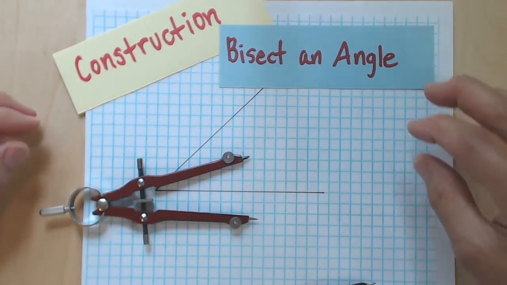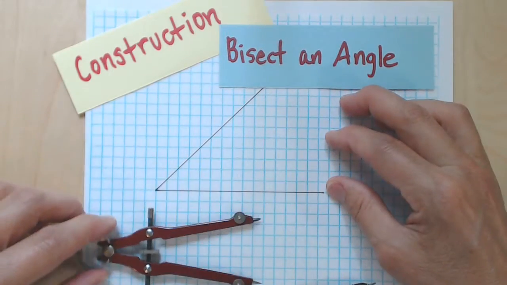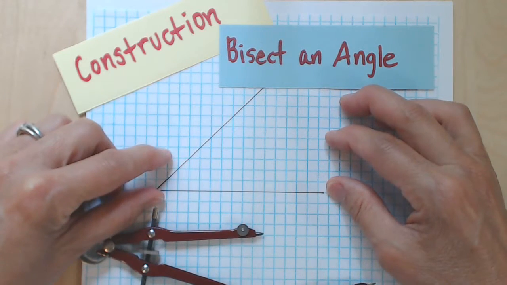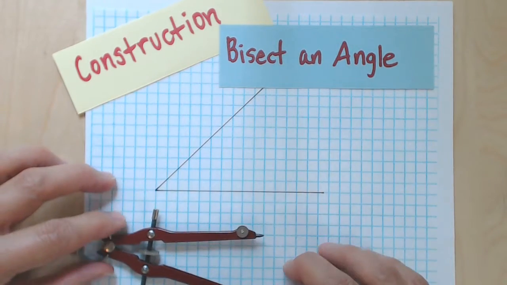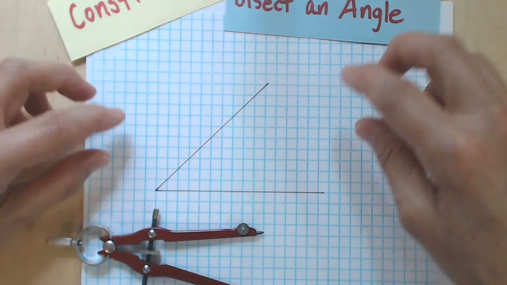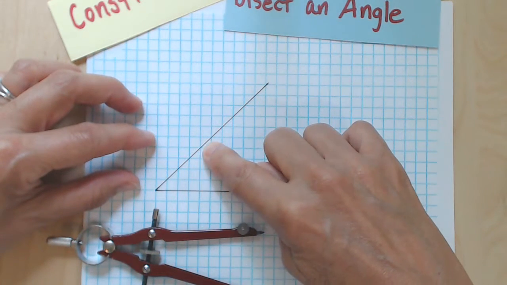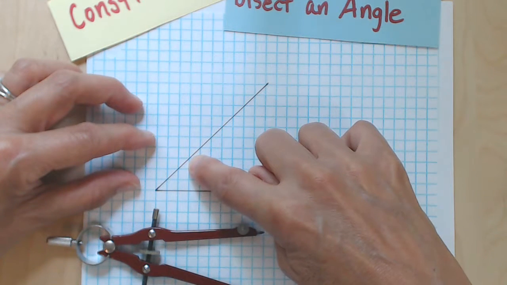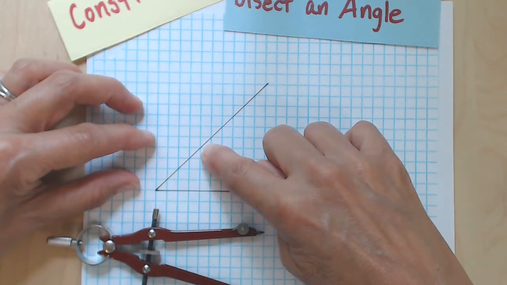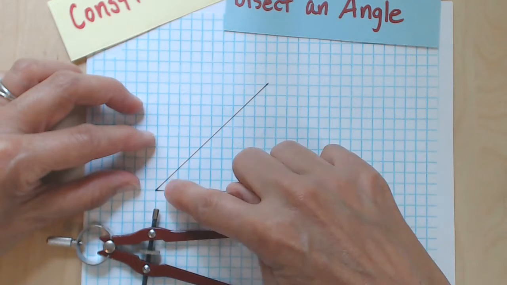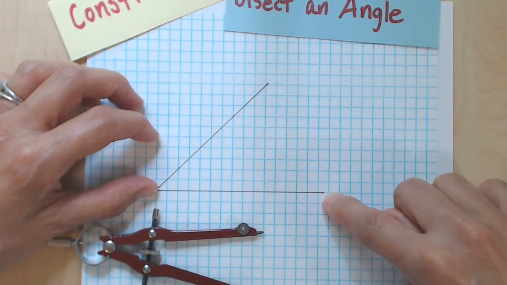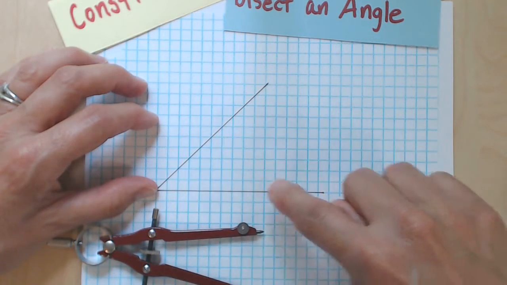To bisect an angle means to divide an angle into two congruent halves. And so in this angle, hopefully you can see that it's a 45-degree angle, which we know because on the graph paper it goes right through each square. In other words, if this were graphed on a set of coordinate axes, this would be